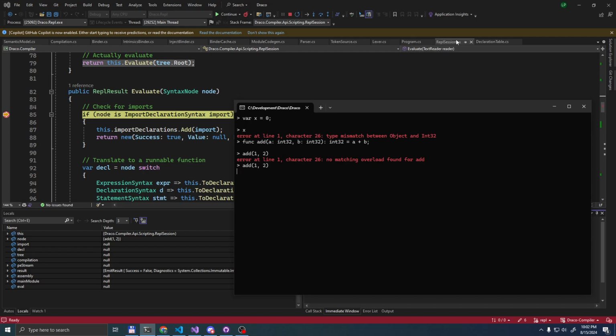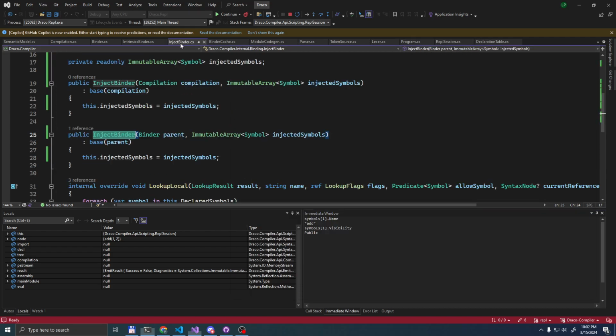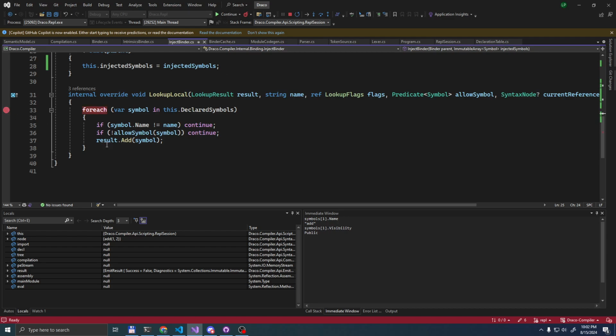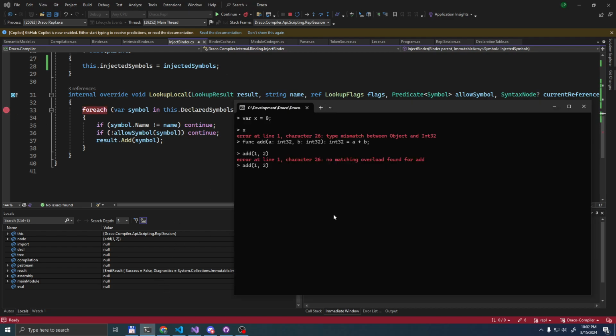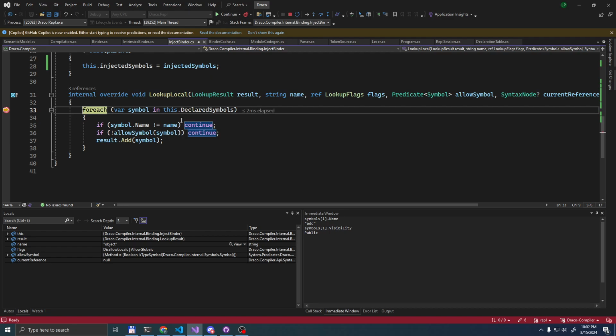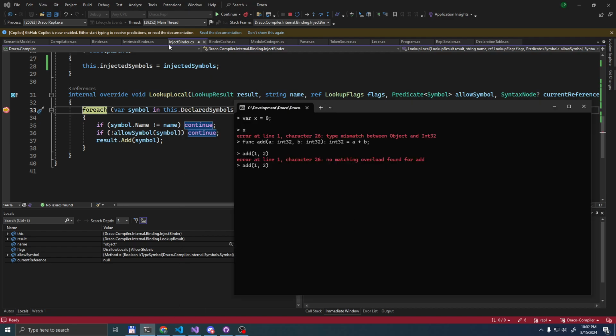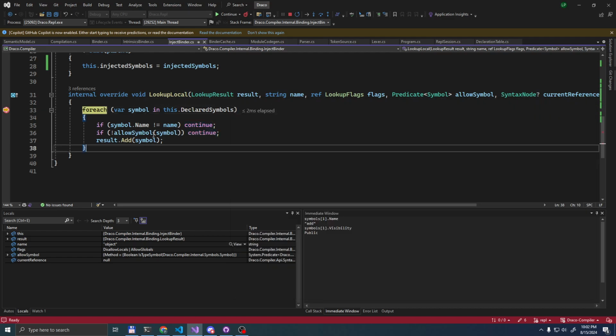I wonder if we will reach the inject binder, because we do for the, what is it? We do for variables.